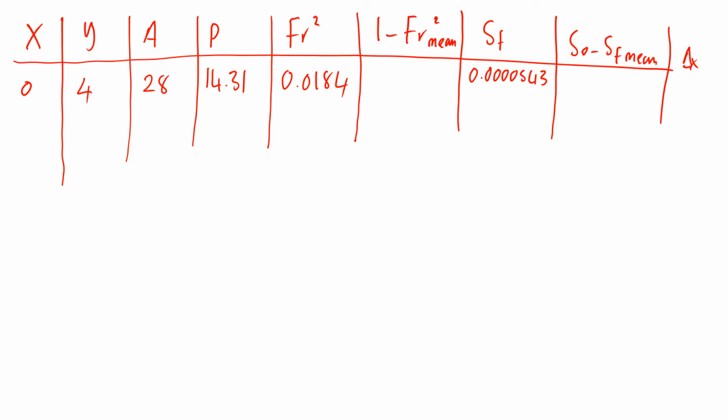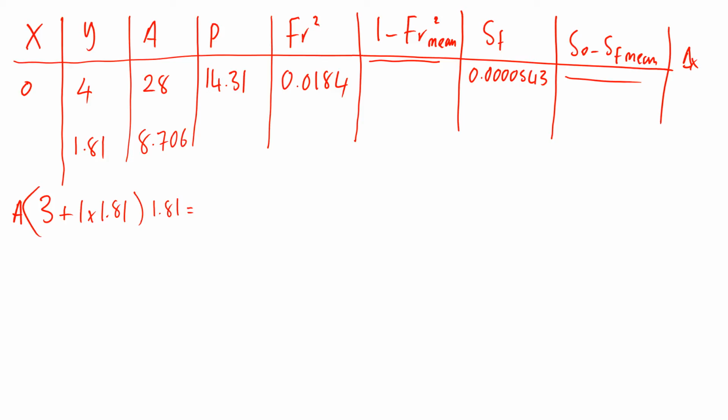So to work out the mean value for this one and this one, you have to do another row, but in this row you'll do 4 and you'll come down to 1.81. So now you'll calculate area again. The equation will be 3 plus 1 times 1.81 times 1.81, which gives you 8.706, and then again wetted perimeter P,